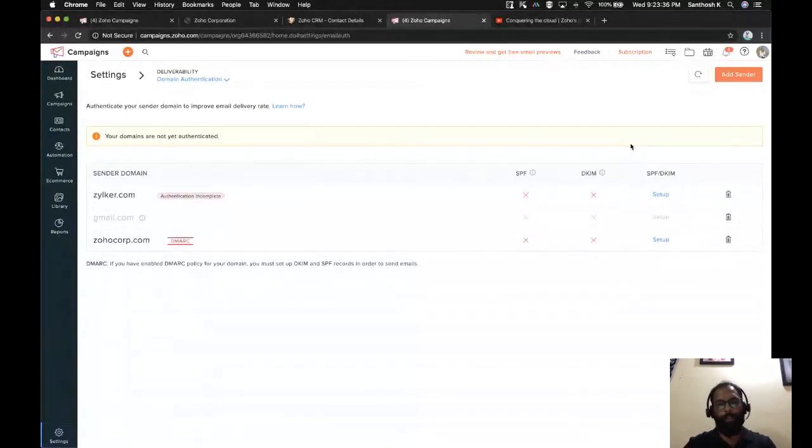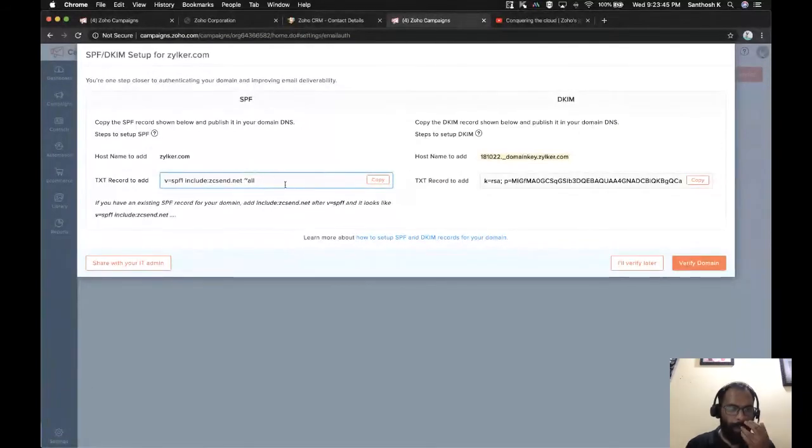So when you perform an email authentication, when you click on this setup, we give you two pieces of information: a TXT record for SPF and one for DKIM. These two records have to be added on your DNS page, wherever your domain is hosted, whether it's GoDaddy, Wix, or cPanel. What you're doing is authenticating that whatever email from Zilker.com is carried by ZCSend.net